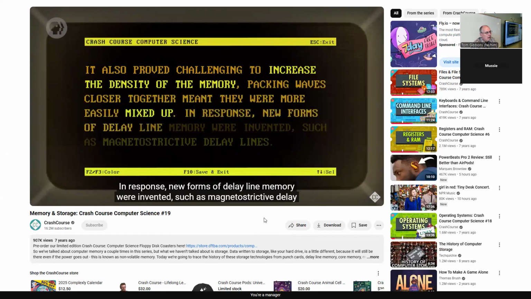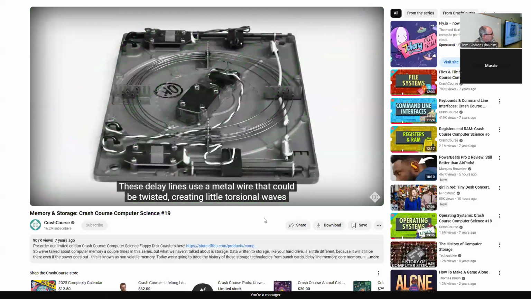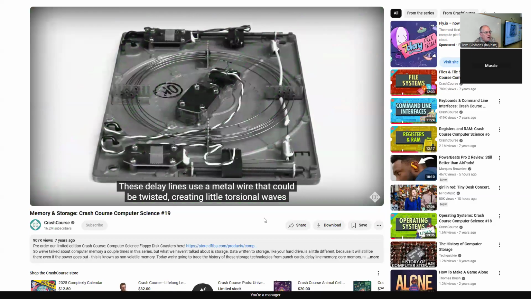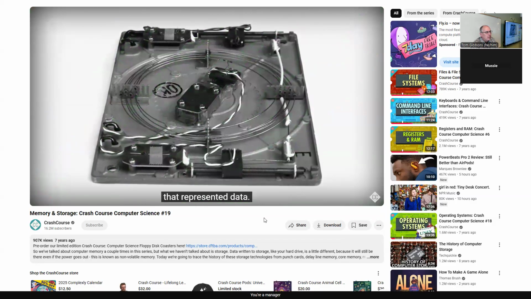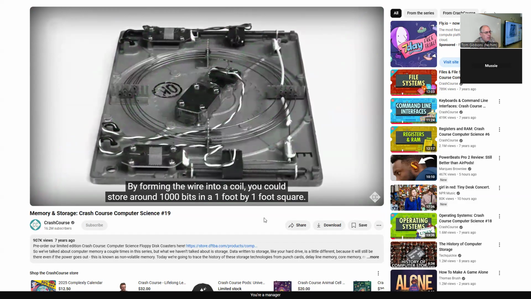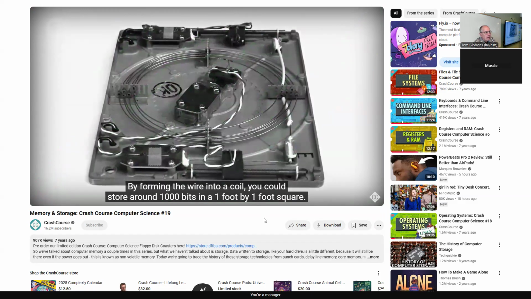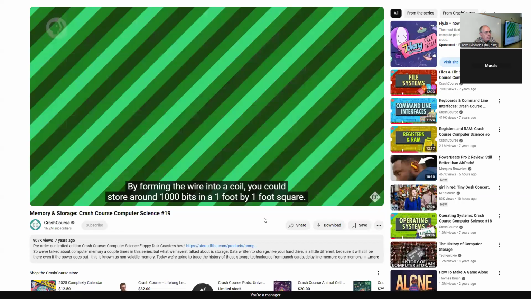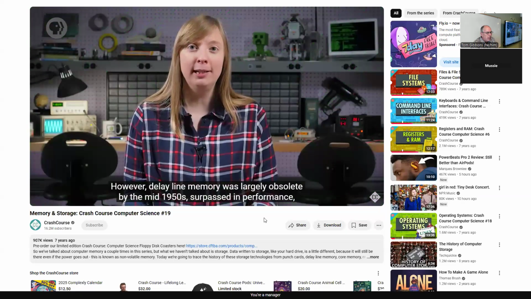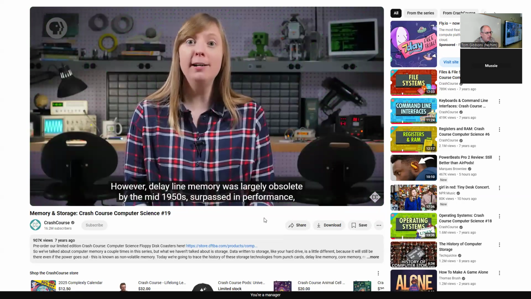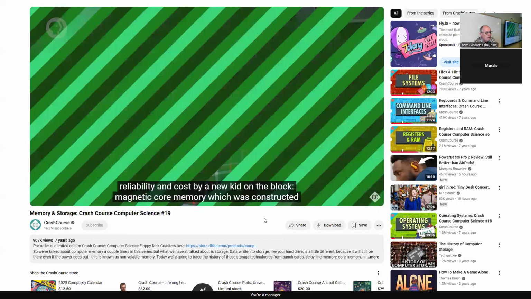In response, new forms of delay line memory were invented, such as magnetostrictive delay lines. These delay lines use metal wiring that is twisted, creating little torsional waves that represent data. By forming a wire into a coil, you could store around 1,000 bits in a 1 foot by 1 foot square. However, delay line memory was largely obsolete by the mid-1950s, surpassed in performance, reliability, and cost by magnetic core memory,